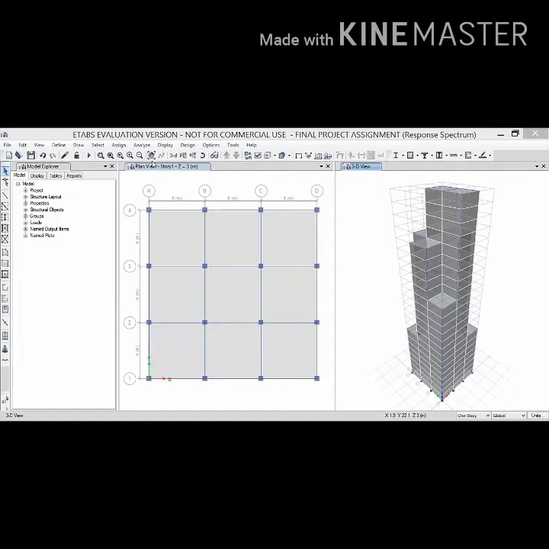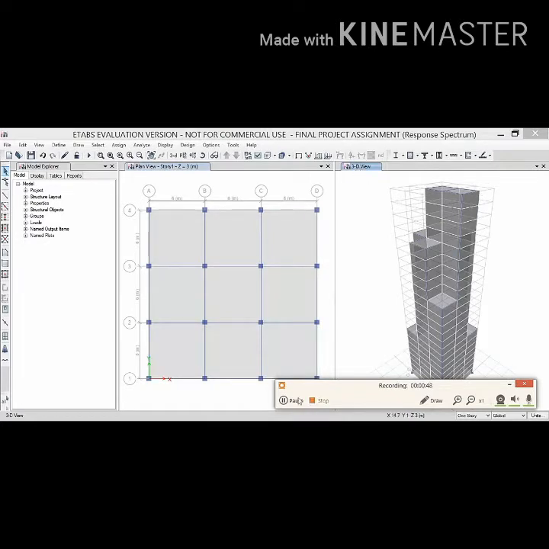Today I will be showing you my second assignment as a part of Skyfi Labs workshop. In this video, I will be showing you an analysis and the design for a seismic resistance building, which is carried out by two processes. In this structure, I have defined the various material properties as well as section properties. After defining the material and section properties, I have carried out the seismic analysis by two methods, that is response factor method and time history analysis method, after which we can study the design of the various members of the G plus 23 story structure.